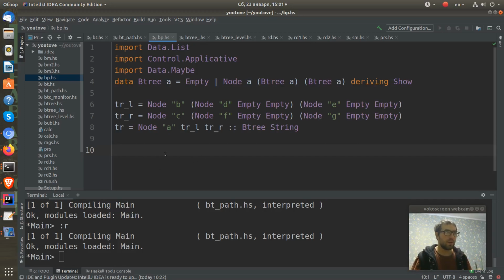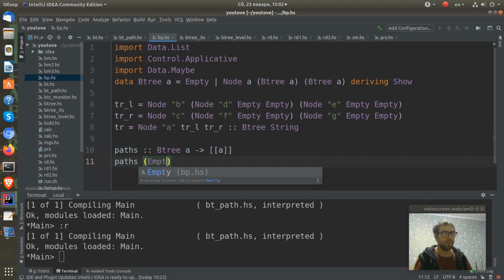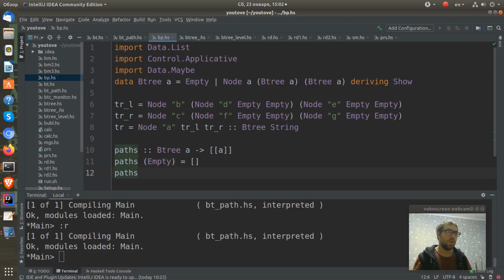Let's define our function which returns all the paths, and we start with the type signature. It will take some binary tree of type A and produce a list of lists of type A. Okay, and we write some simple case, when the binary tree is constructed with the empty constructor. In this case we just return the empty list because there are no paths in this tree. And if our tree is constructed with a node constructor which contains some a value and left and right subtrees,